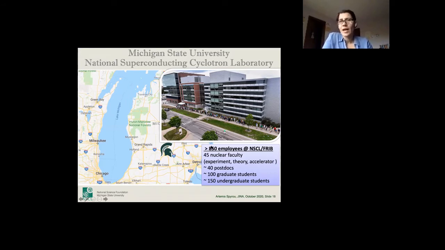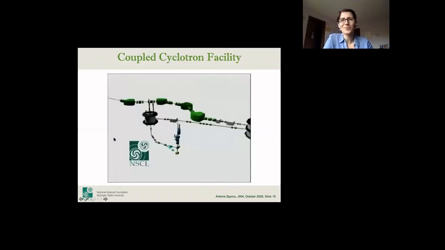And it's a large lab. We have more than 850 employees, a large group. So this is just another group: nuclear experiment, theory, and accelerator science. We have 45 faculty, so lots of different options. I tell students that in terms of nuclear physics, if you walk in the building, there's probably an expert for anything you are interested in, any question you have. Yeah, large numbers of students and postdocs and undergraduate students at any given time. So without COVID, it's a very lively environment to work.